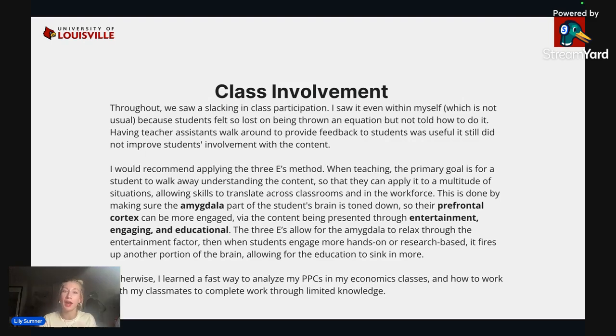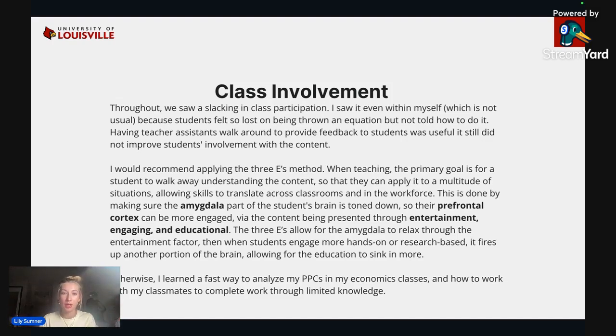So you try to encapsulate that within the lesson plan. The 3 E's allow for that guard wall to be relaxed through the entertainment factor. I'm not saying put up, like, a movie or something like that, but include clips or interactive factors that allow students to relax and feel like the work is something that they could understand